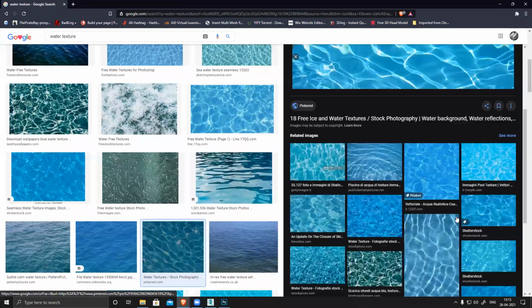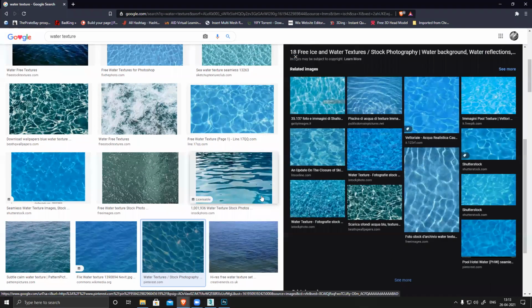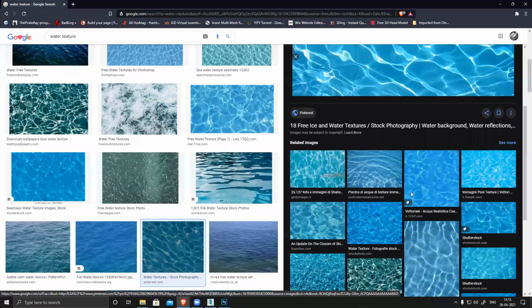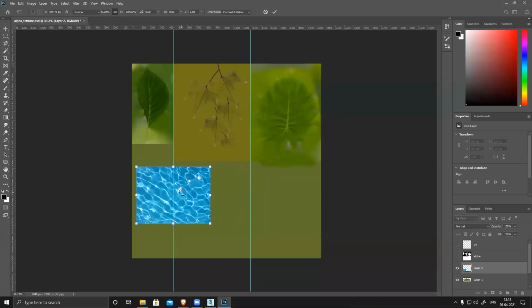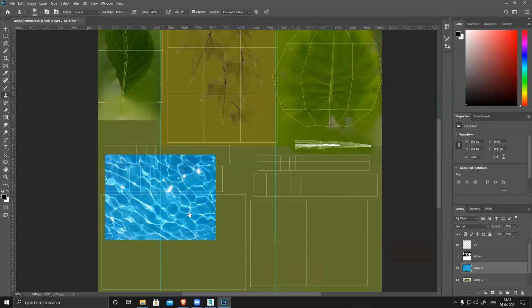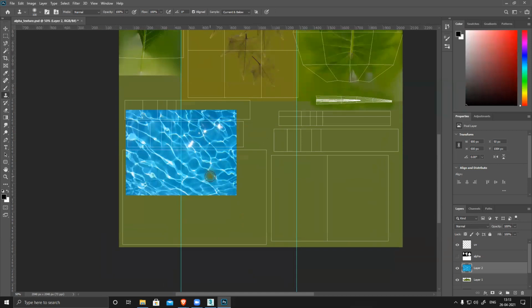I found this. You can see a lot of waterish textures are there. So copy image and paste it here. Control T, and make sure you switch on your UV so that you can see all your water areas.